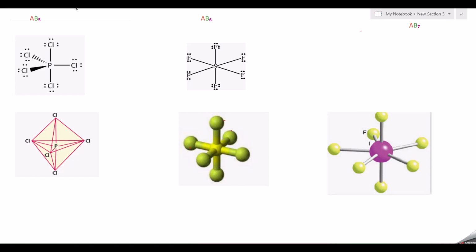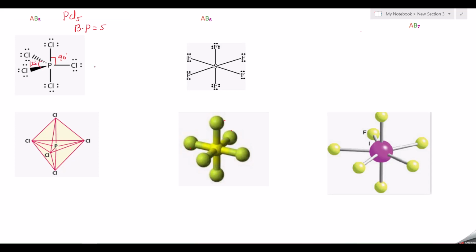Example for this one is PCl5, phosphorus pentachloride. Phosphorus is the central atom. 5 chlorine atoms are covalently bonded to phosphorus. So the number of bond pairs will be equal to 5. And the 5 bond pairs will arrange around phosphorus to have a minimum repulsion. So this is the arrangement they will take. And these 3 PCl bonds are perpendicular to the others, making an angle of 90 degrees. And these 3 PCl bonds will be in one plane and will make an angle of 120 degrees.